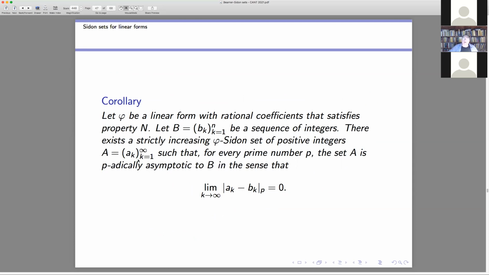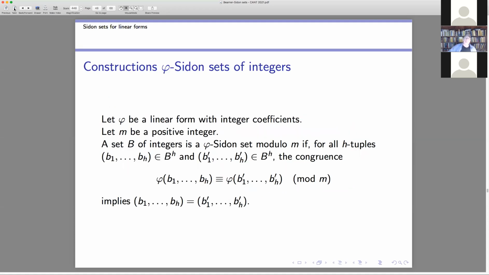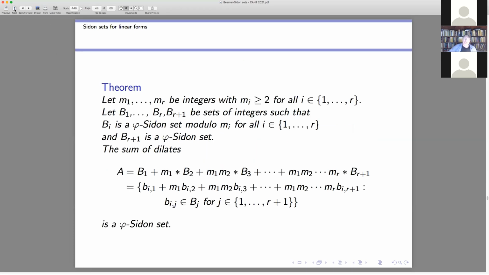If your epsilon_k is going to 0, for every prime number p, you have a set A p-adically asymptotic to B in the sense that the p-adic value of a_k minus b_k goes to 0. Again, for all primes. That's really kind of nice. There are constructions of phi-Sidon sets. There's a kind of congruential construction. But let's go back and look at